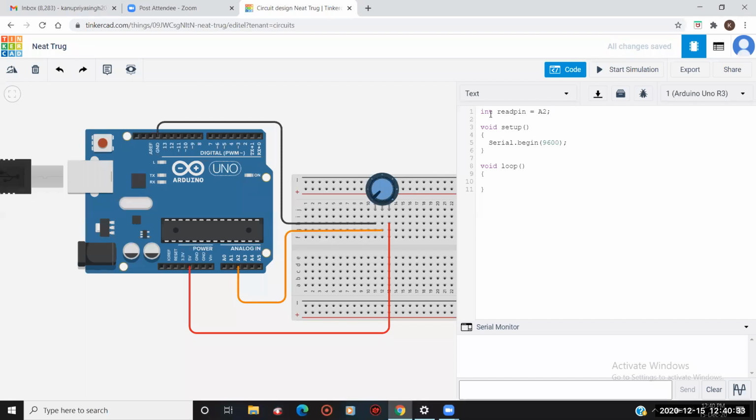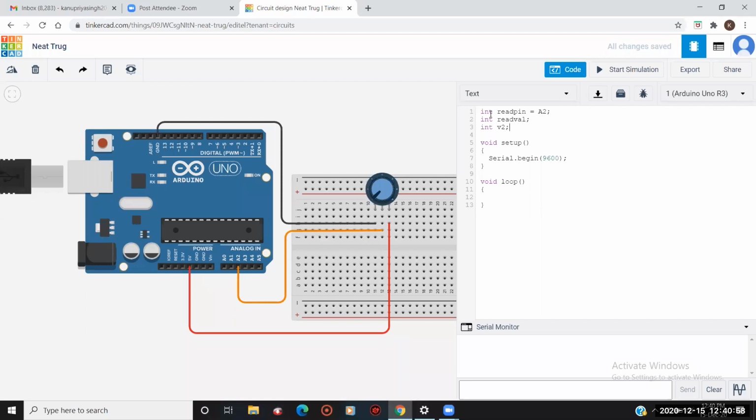So just terminate it, and after that we will need a variable to store the data. So I'm assigning one more variable, that is int read value, and for the output I am assigning v2.